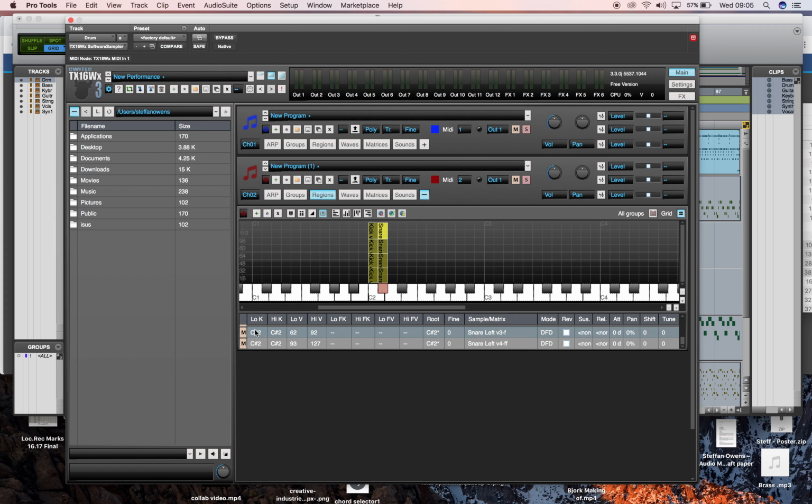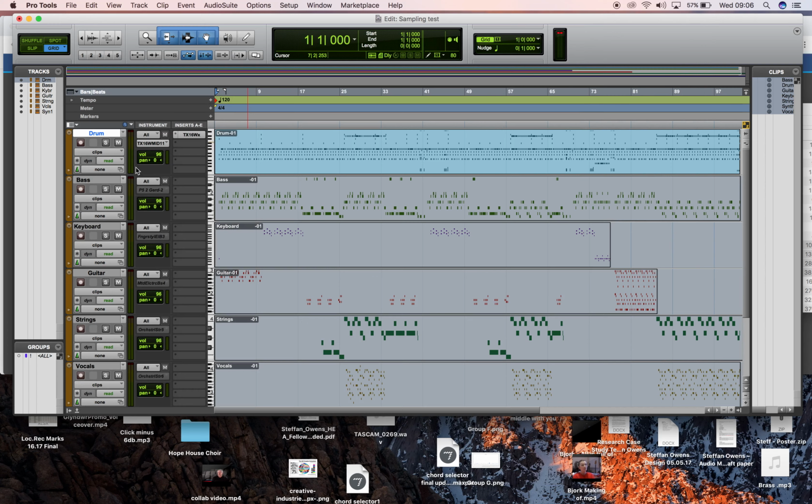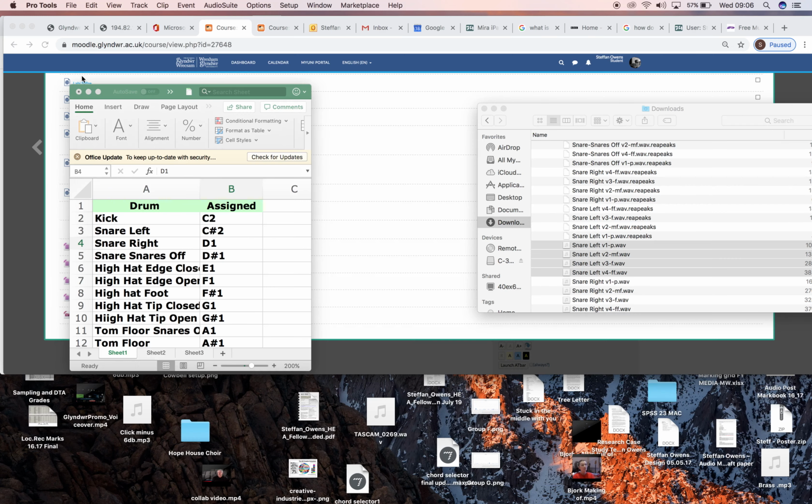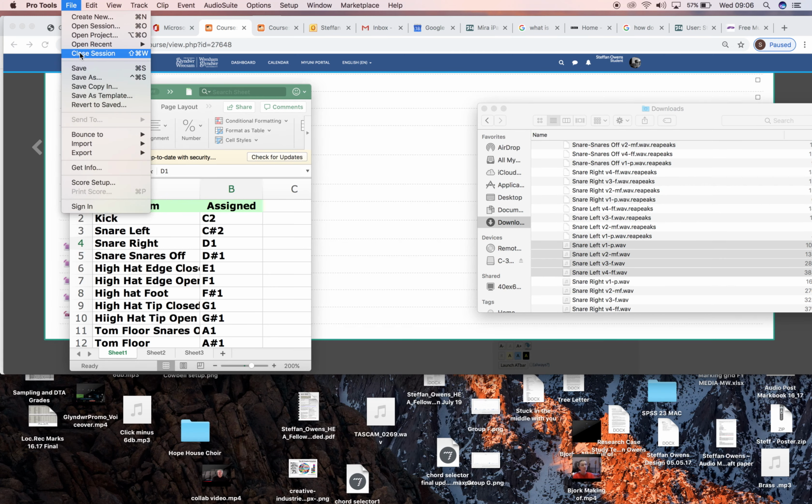We want to set the low key range, the high key range to be exactly the same as the root. Okay, now there is lots of other bits of functionality in this, but that's all we need to do for this. So what I will do is now, in the Blue Peter fashion, close that down and close this, because actually,